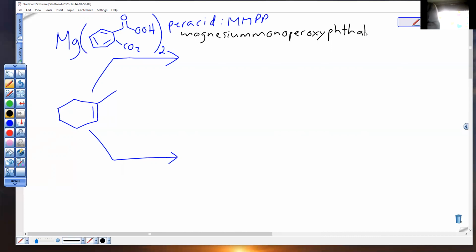And the other phthalic is a phthalate ion. Ic acids come from ate ions. So you got your MMPP. Magnesium monoperoxyphthalate. And that other per acid we used previously,